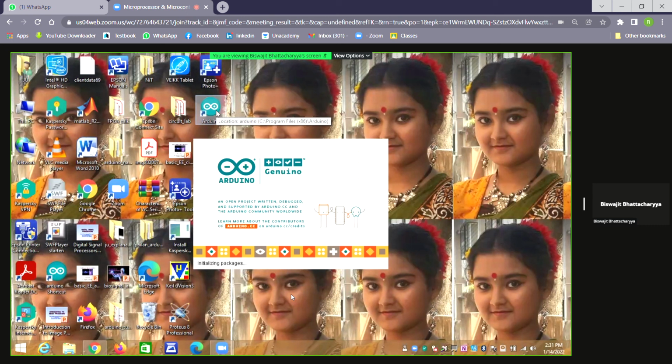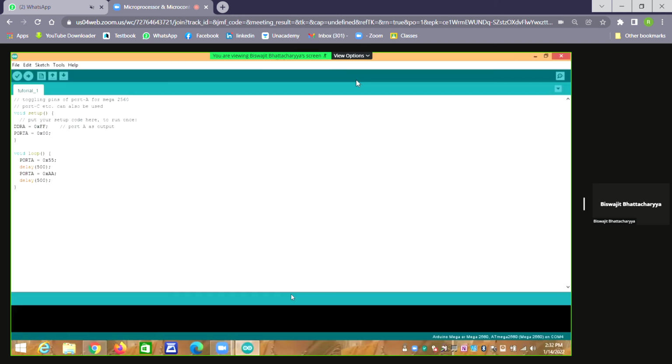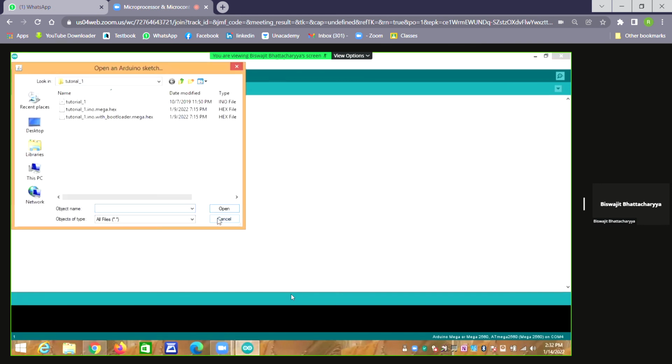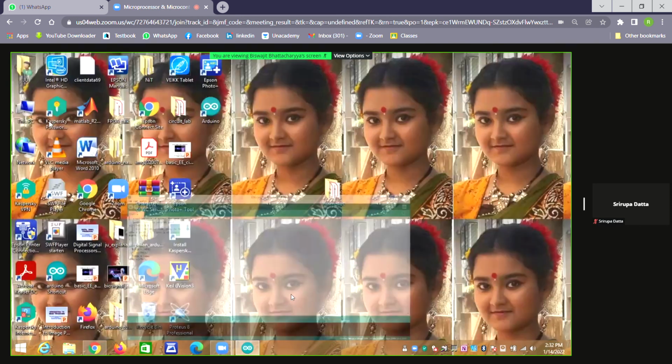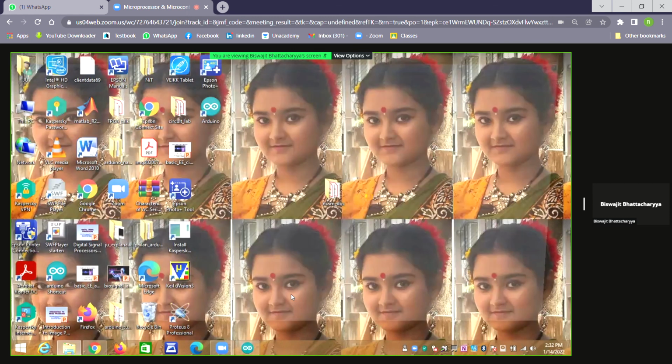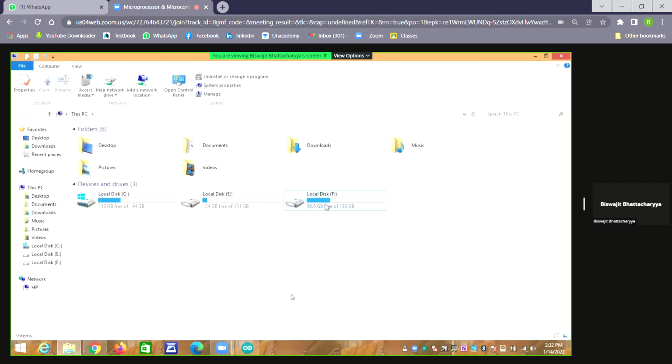When you open it for the first time, it takes some time. After that, for the second time opening, it is fast actually. So what happens? I go to my file and open it from any folder, whatever the folder. Personally, what I suggest is that I create two folders. If you follow this, I think it will be better for you.